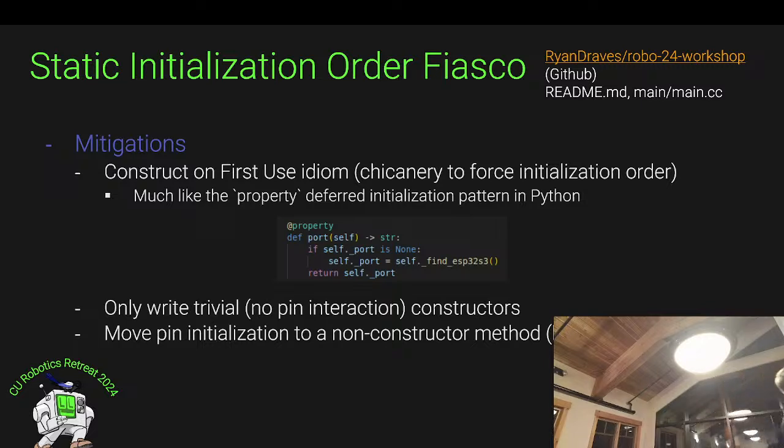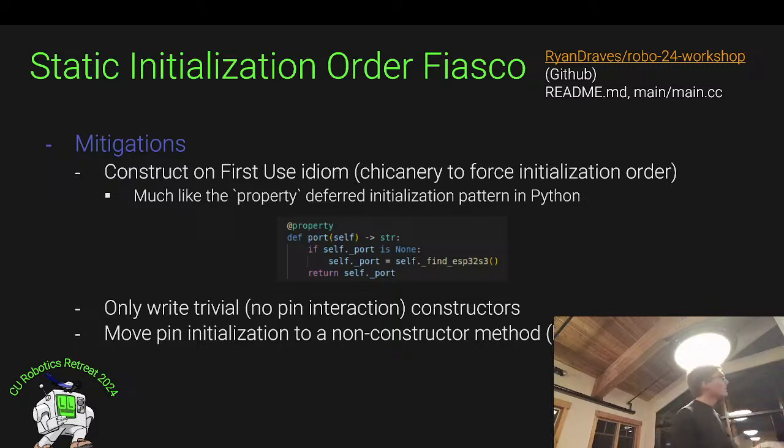So the Python pattern, if I have some sort of property, you'll see this on the client side for what's in that shell.py, is that I have this port property that I'm going to access somewhere else, and I have this underlying variable, like underscore port, that I don't initialize until I actually use this port property. And you'll see that in the client. The main reason I do it is that we don't try to find the ESP32 until you use the client. In theory, your program could start. You could construct a client, and it won't search for it yet. And once you're ready to use it, you plug in the ESP32. Now you actually use the client, and it'll go search for it, find it, and start communicating with the device. So you could use that to deal with this.